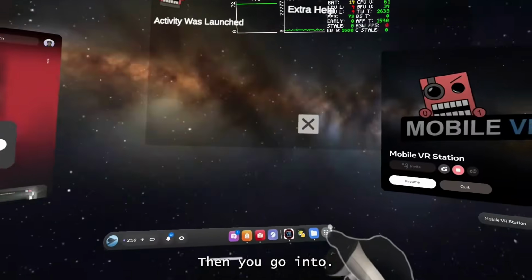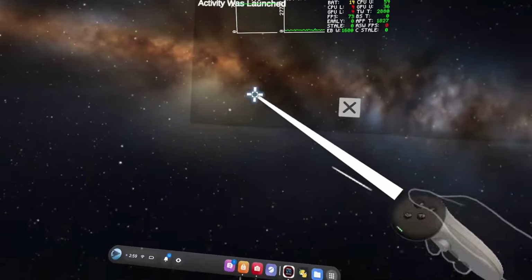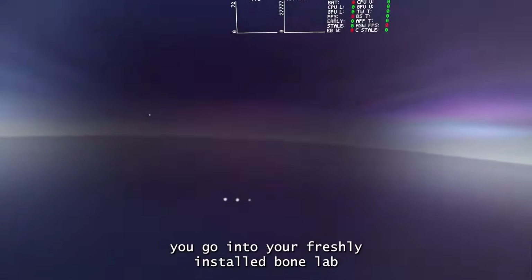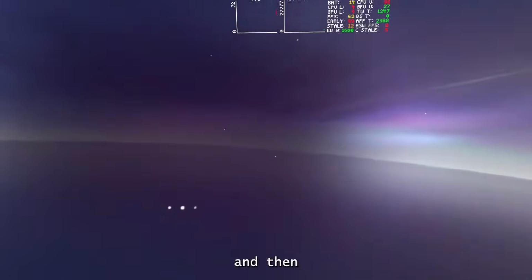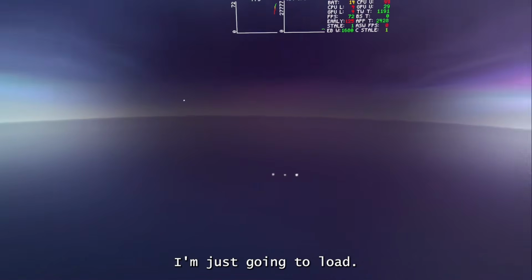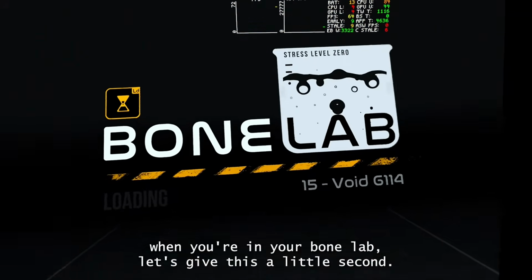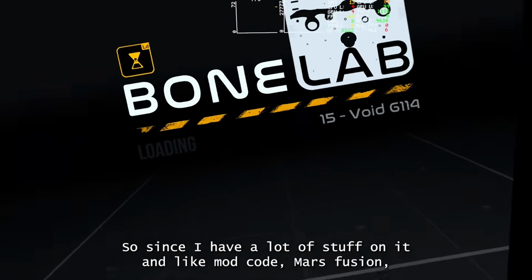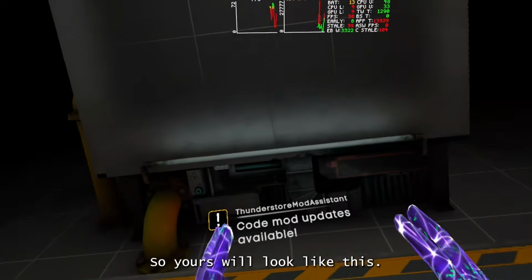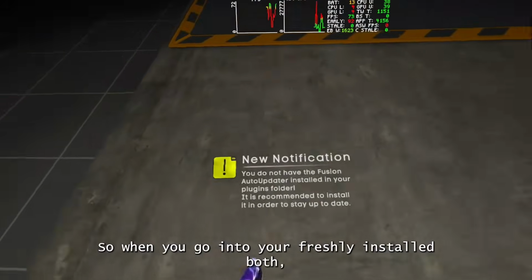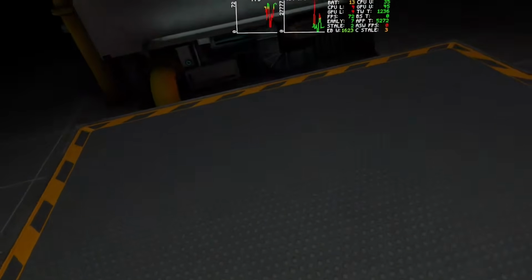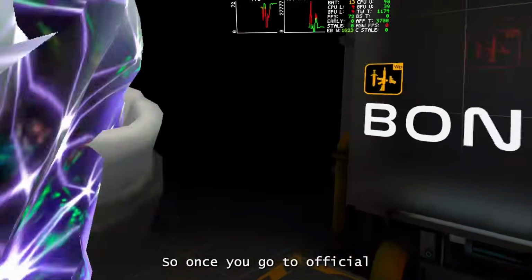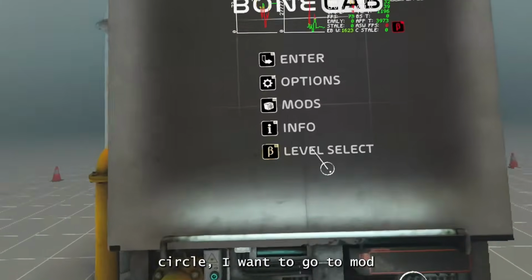And then you go into your freshly installed Bonelab, and just give this a second to load. My Bonelab's kind of slow since I have a bunch of stuff on it, so yours won't look like this. When you go into your freshly installed Bonelab, you'll have the basic skin and it should be in the main menu. So once you're in your freshly installed Bonelab, you want to go to mods,